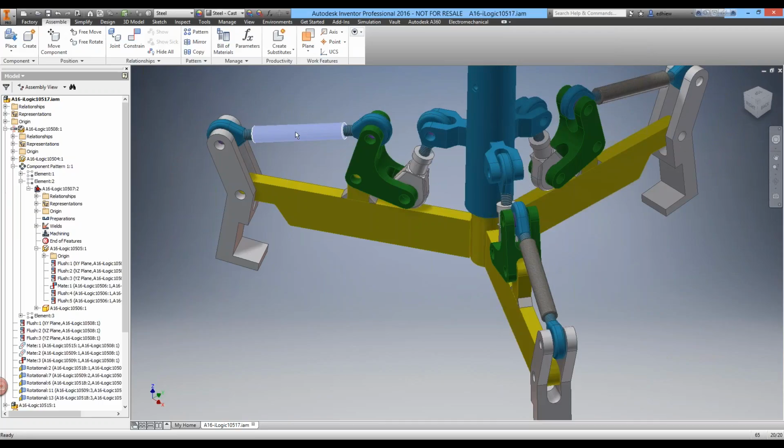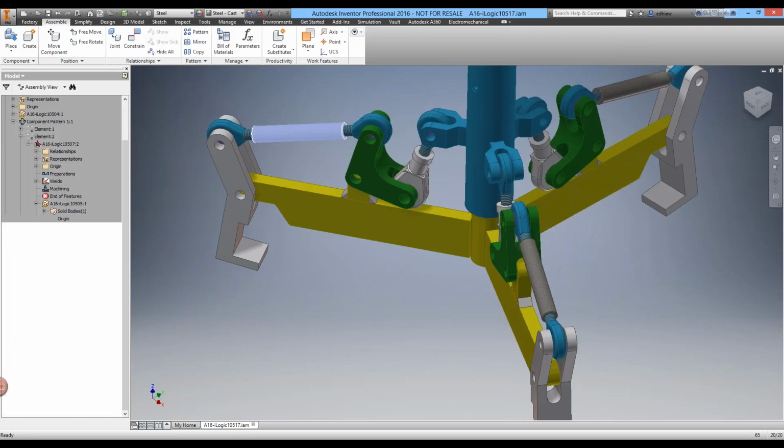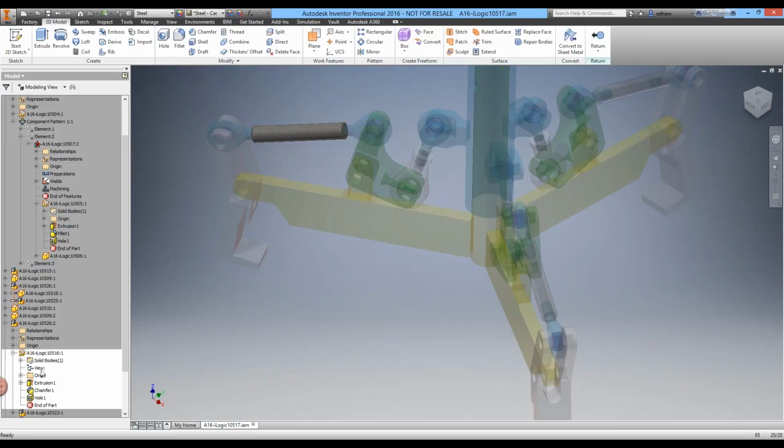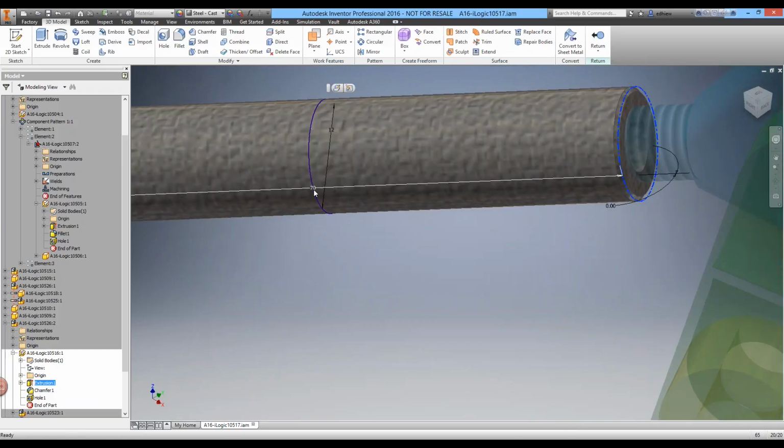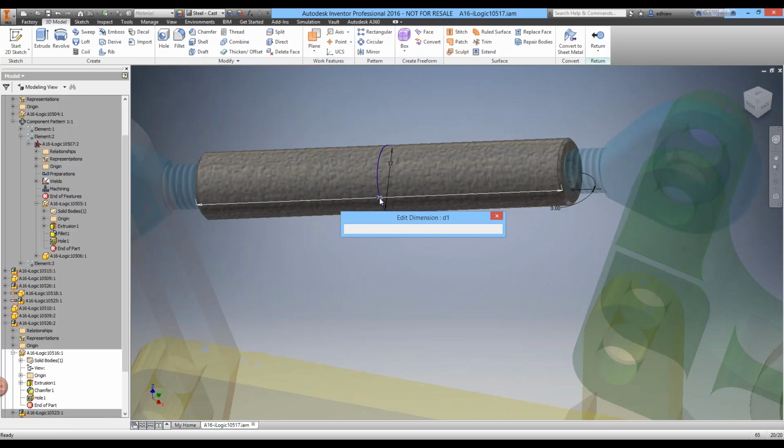If I edit this one and show the dimensions of this particular hole here, I can see that the overall length is 70. D1. Okay, so I'm going to call this one pole length